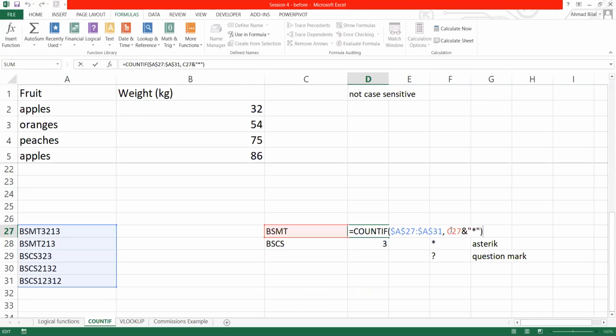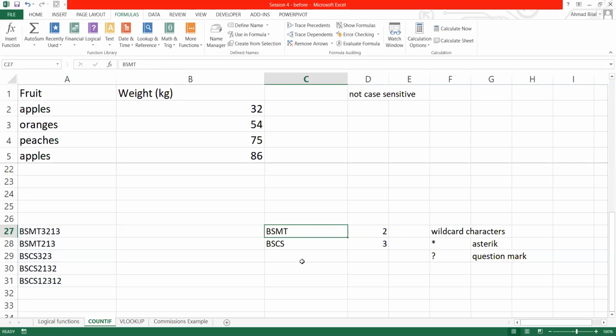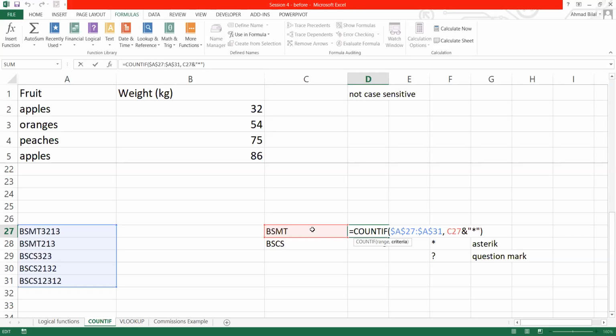अब देखिए मैंने यहाँ पे सेल रेफरेंस यूज कर लिया है इंस्टेड ऑफ टाइपिंग आउट BSMT, ताकि मैं एग्जैक्ट कोई वर्ड या कैरेक्टर या टेक्स्ट यूज न करूँ। अगर मुझे फॉर एग्जांपल BSMT को चेंज करना पड़ता है लेटर ऑन, या मुझे इस फॉर्मूला को एक्सटेंड करना है, लेट्स से आई हैव 10 डिफरेंट वैल्यूज, तो मैं हर एक को जाके इंडिविजुअली चेंज नहीं करना चाहता। आई जस्ट वांट टू रेफर टू दिस सेल व्हाटएवर इज ऑन द लेफ्ट साइड हियर। तो मैंने क्या किया, I refer to this cell C27, so that's the value in this cell, and then I use